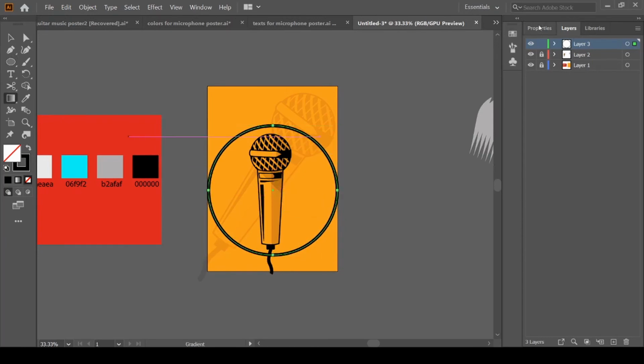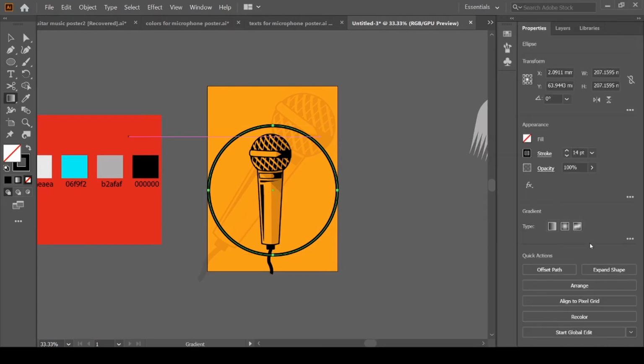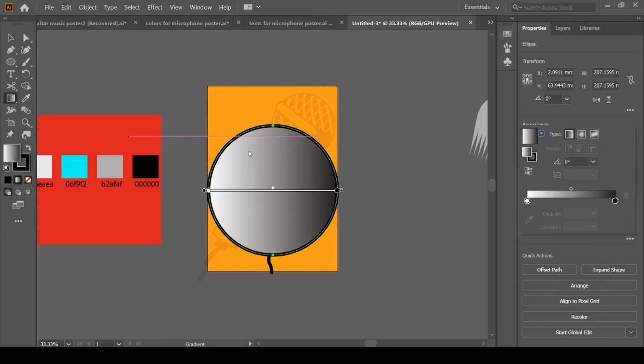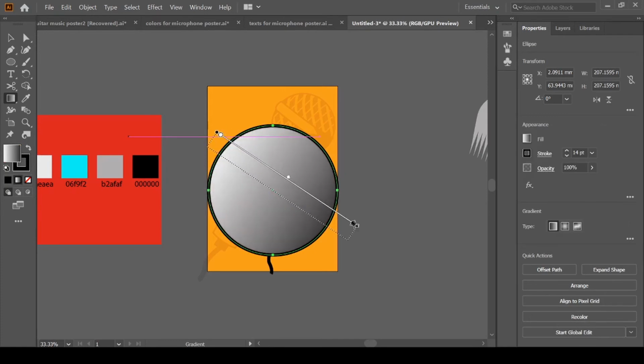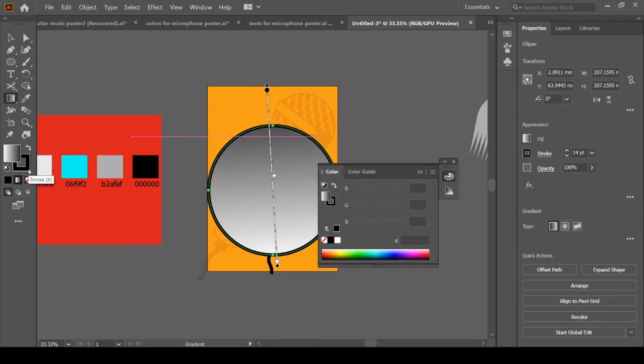G for gradient tool. Now just adjust the angles. You will choose the stroke color to none.